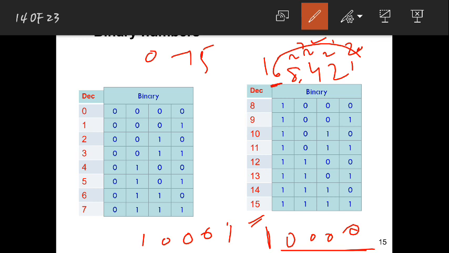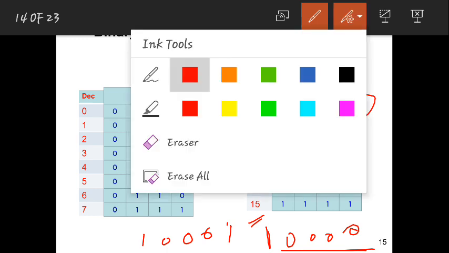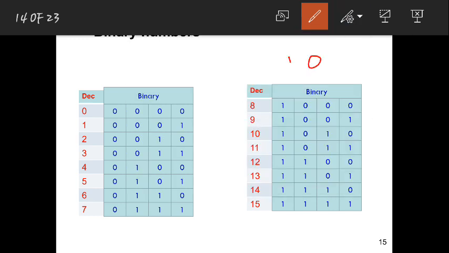Is that fine? Now if you want to write this 8 using 5 bits, you want to represent it using 5 bits. You already know that 8 is 1 0 0 0. If you want to write with 5 bits, you can just add zeros on the left side, that will not make any difference. Okay, on the left side if you keep adding zeros, that does not matter, your number will not change. Your binary number, if you convert it to decimal, will not change. So you can add as many bits as you want to the left side of your integer.